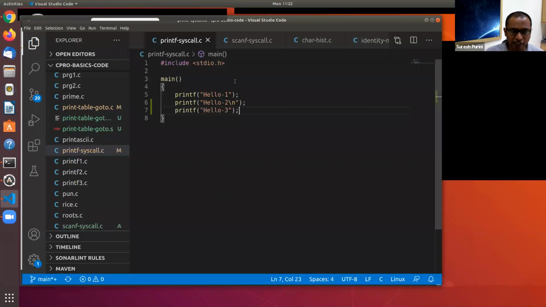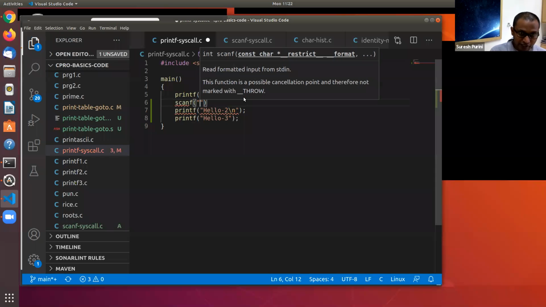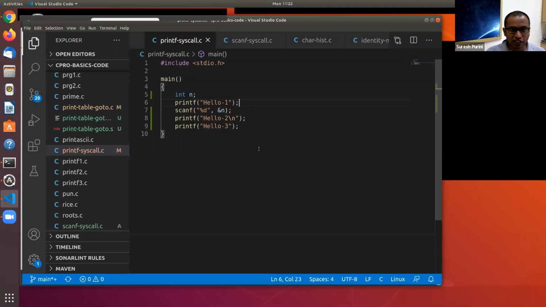Like for example, let's see if I have a scanf here, scanf %d. This is the case which we didn't check. So here on line number 6, there is no \n, but there is a scanf on line 7. The scanf on line 7 will force the buffered output to be flushed onto the screen.